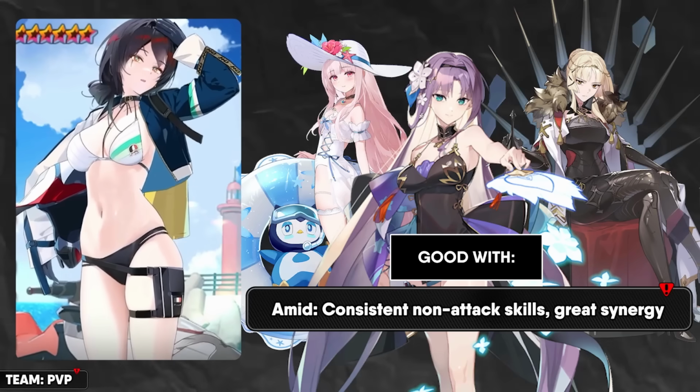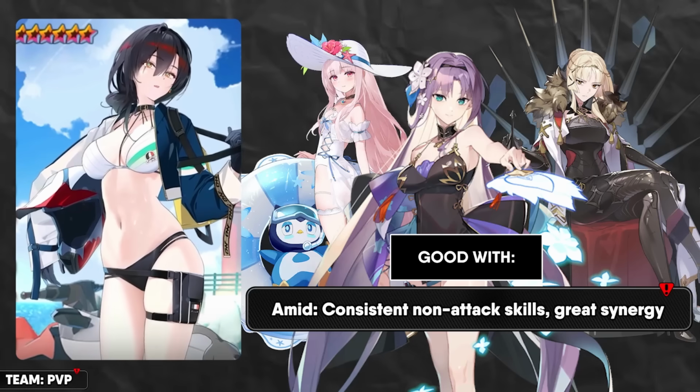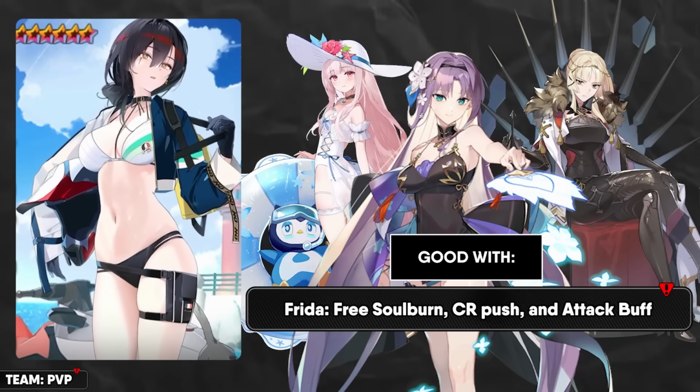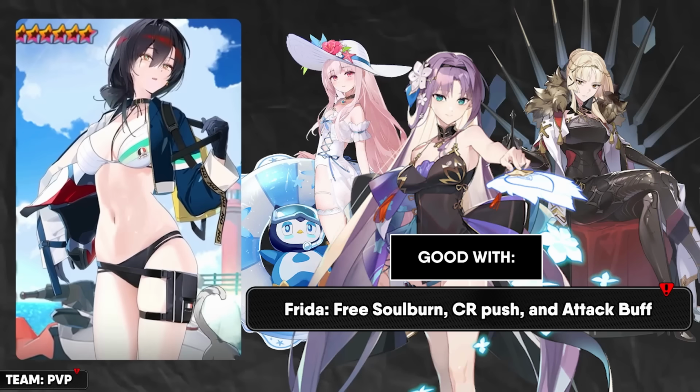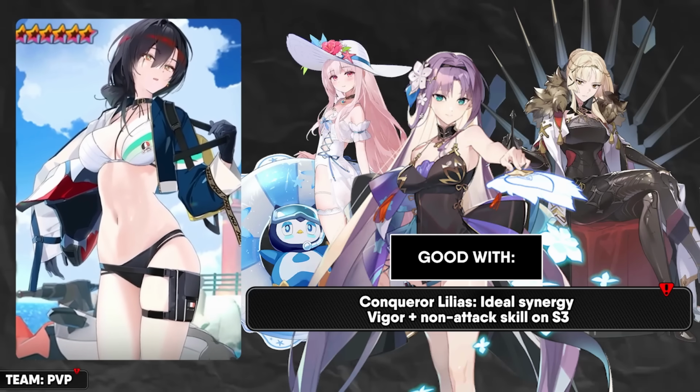Units like Amid, who was recently buffed though, do work very well when paired with her due to the consistent non-attack skills, and Frida is another great option, offering a free soul burn passive and a skill 3 that grants both combat readiness push and an attack buff. Both characters perfectly support a team that has Hwayoung on it,